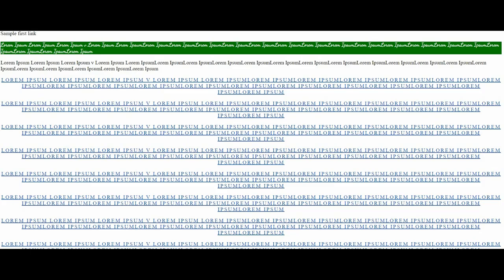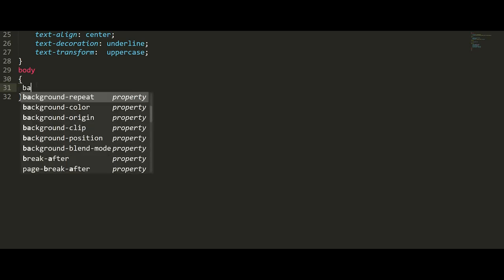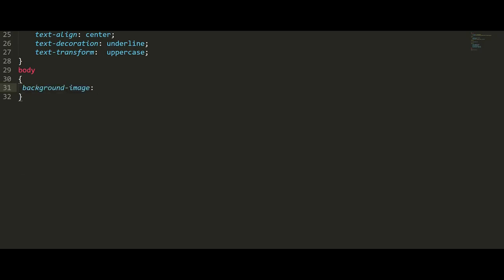Let me show a small practical thing for background. See here, I am going to give background for the body tag. Let me go with image. We have already given background color and all, so I'm going with image. So url, right?